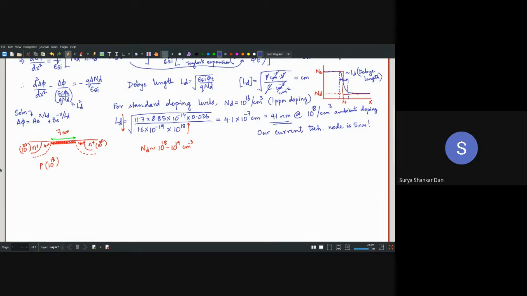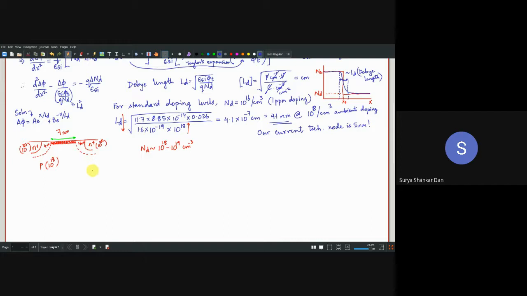Sir, in the Spice model files, when I observe there, a set of model files will be there, and when we talk about the technology node, suppose 180 nanometer or 130 nanometer, the length in the Spice model files will be different from the technology node. So what is the difference? And if we say technology node as 7 nanometer, is that the original length of the channel or the effective channel length?